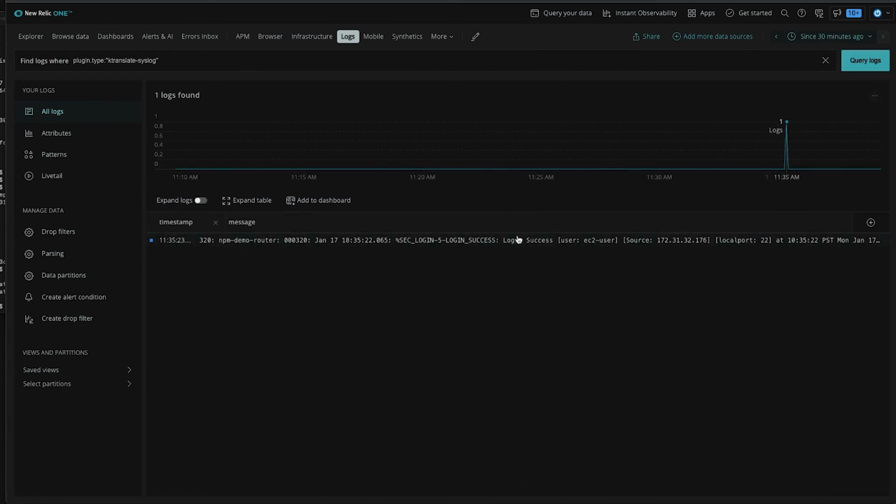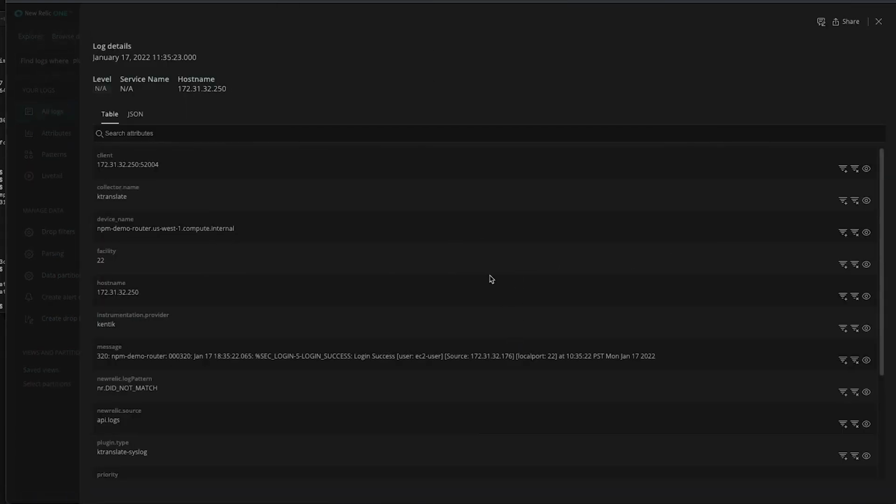Of course, this is just a very simple lab example, but in a large production environment, there can be dozens or thousands of potentially significant syslog messages coming through. You can now take those messages and display them in New Relic alongside all of your other application and user telemetry to give your team end-to-end observability of the entire stack.